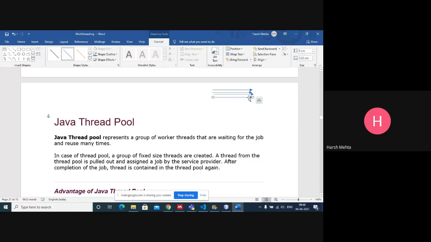So I will take this thread from here. I will use it and I'll put it back here. This is known as a thread pool. This is known as a simple thread pool. Consider this as all the threads being there in one pool.